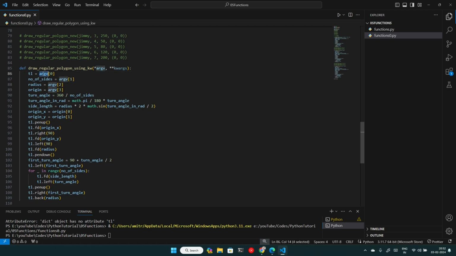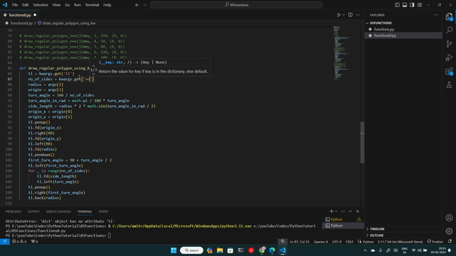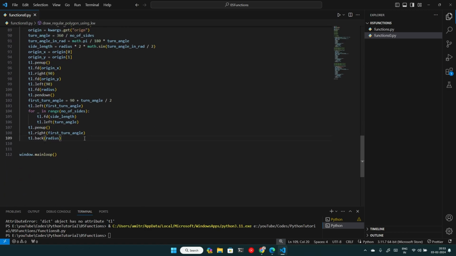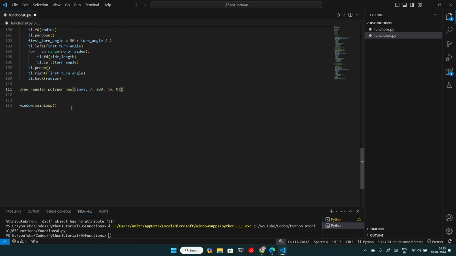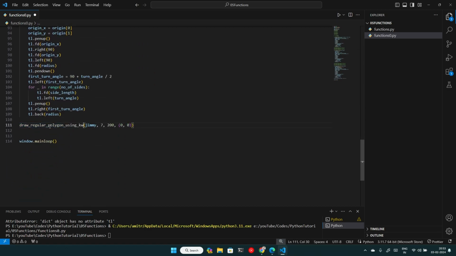So for keyword arguments, what we can do, and dot we can get by the same key, we have to provide while we are actually calling the function, we have to provide using this particular key. I'll show you how we can do that. So keyword arguments are nothing but a dictionary. So now let me call this thing. All the previous function calls are commented, so this is the thing, and this is my new function. We shall be using that.